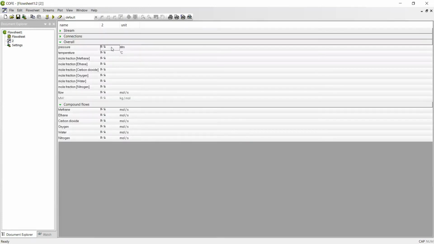Also, for the stream, the pressure is going to be 1.2 atm. Then the temperature is going to be 900 degrees Celsius. And for the compound flow, it doesn't contain methane and ethane. It contains carbon dioxide with 105 mole per second. Then we have